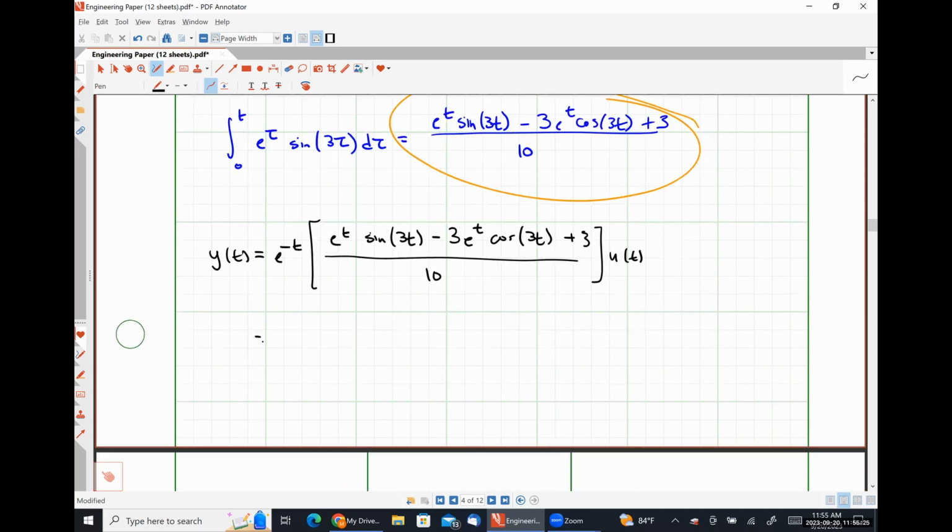Now distributing through that e^-t, I'm going to have 1/10 sin 3t minus 3/10 cos 3t plus 3/10, all of this multiplied by